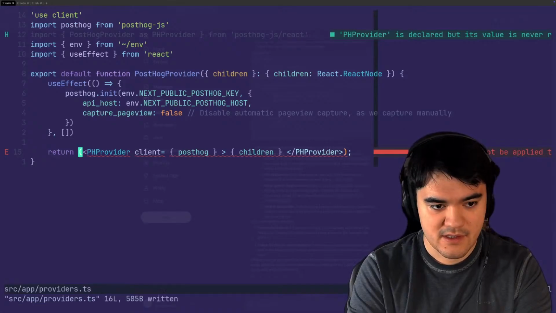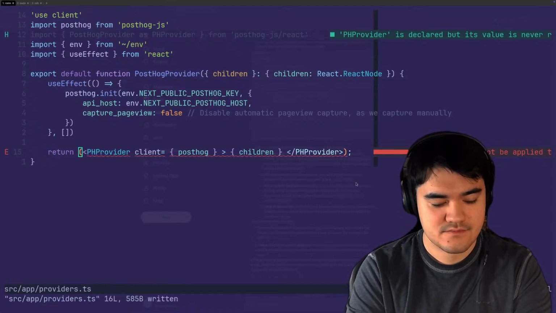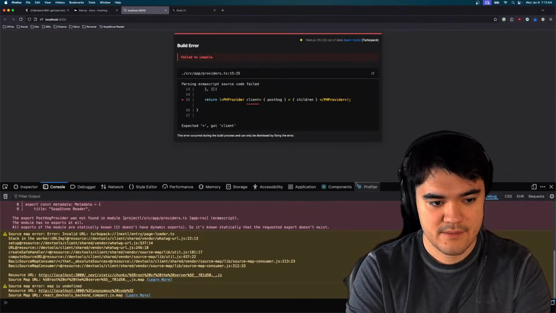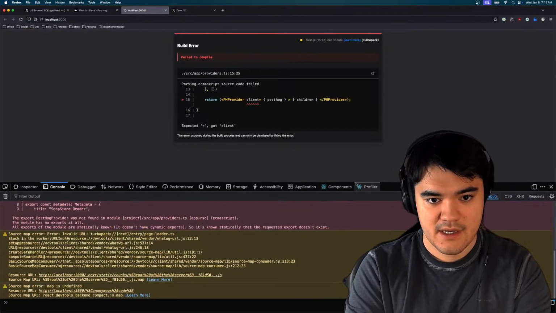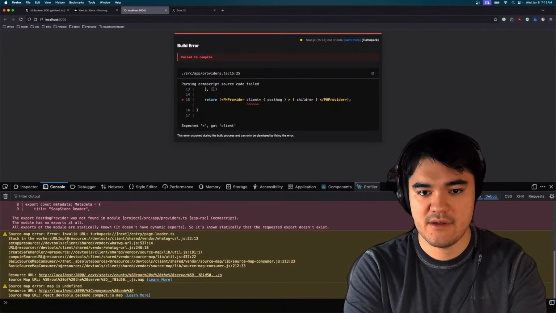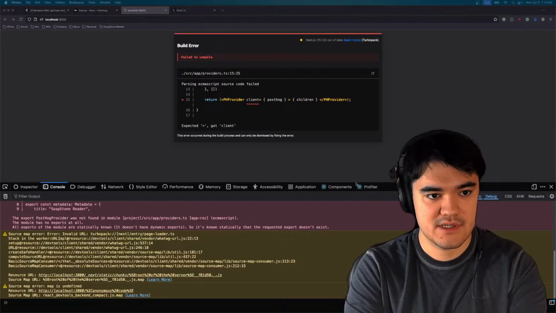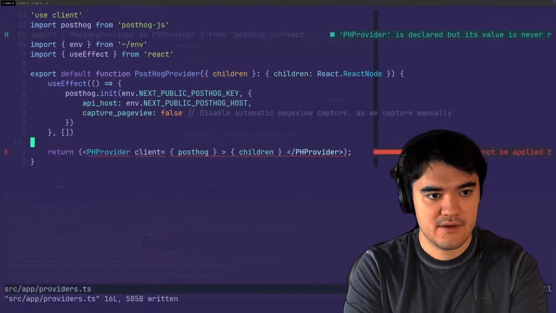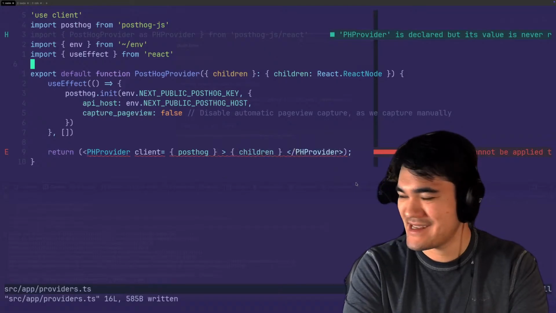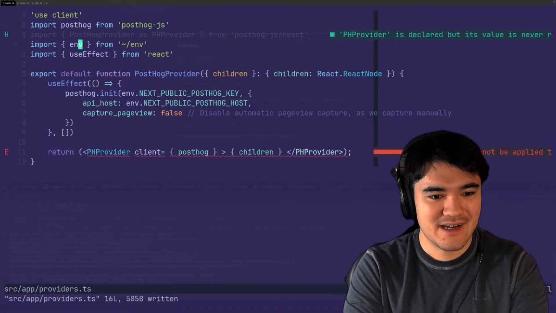Or it doesn't look like it. Yeah, all right, that sucks. So it does not like me passing in the parameter to this thing here, but why? Why is the real question? Because I'm importing that.